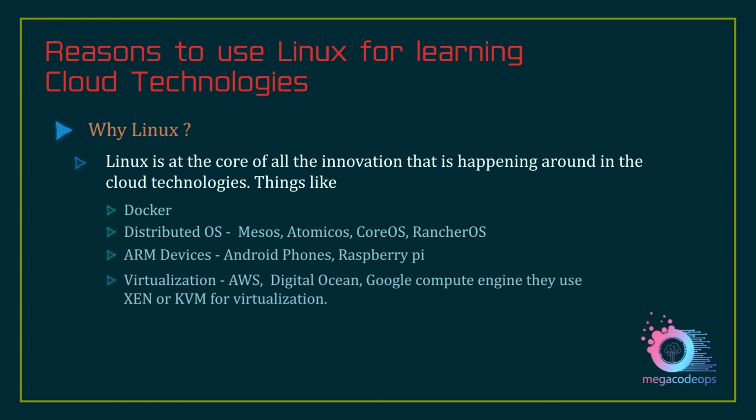The fourth area is virtualization. Linux here too dominates the world of virtualization. For example, AWS, that is Amazon Web Services, they use Xen to power their infrastructure. Xen is a virtualization technology that is based on Linux. And DigitalOcean along with Google Compute Engine, they use KVM, that is kernel-based virtual machine. This too is based on Linux. The Windows virtualization technology, Hyper-V, is not yet widely accepted compared to the other virtualization products available in the market. So these were few highlights where Linux truly dominates.